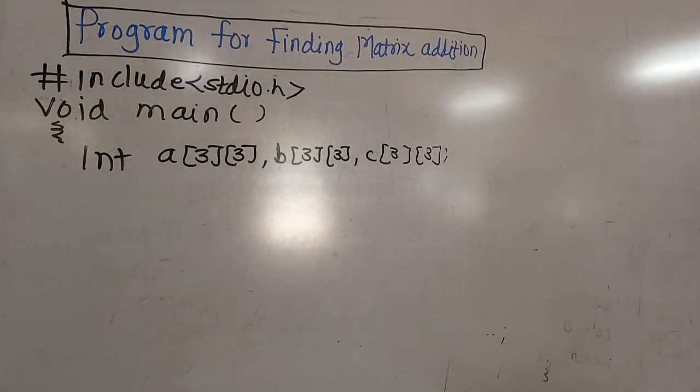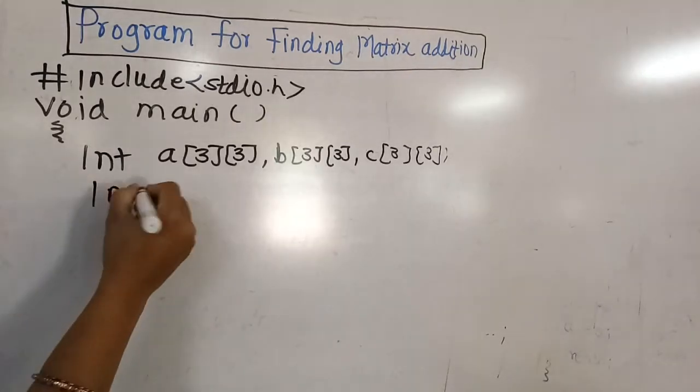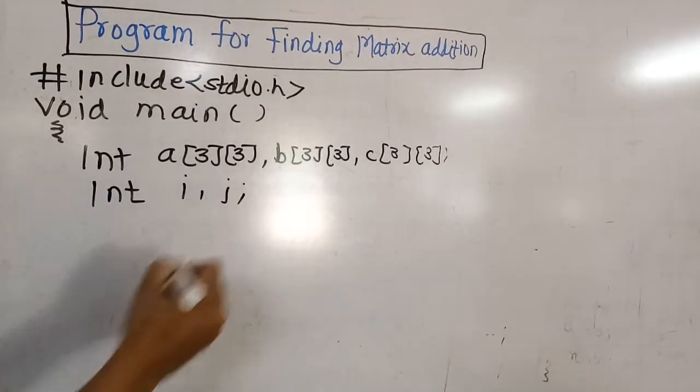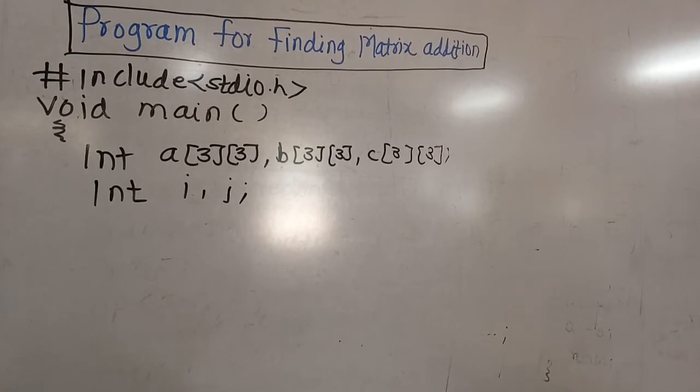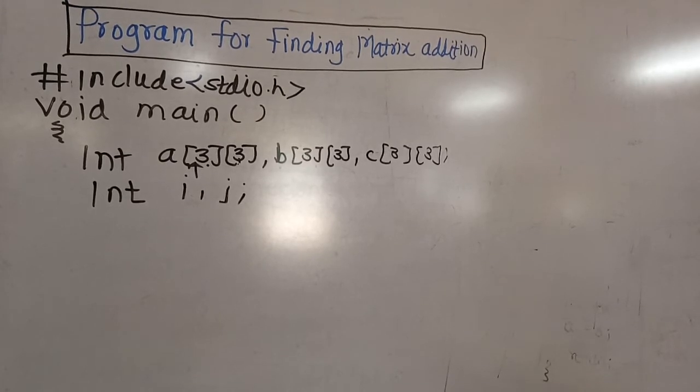Now we all know that for accepting any array we will require the for loop. So we will create here the indexes, that is I and j, for the for loop. For accepting a single one-dimensional array, we will require only one for loop. But here it is two-dimensional, meaning one bundle for rows and one bundle for columns. So we will use two for loops.